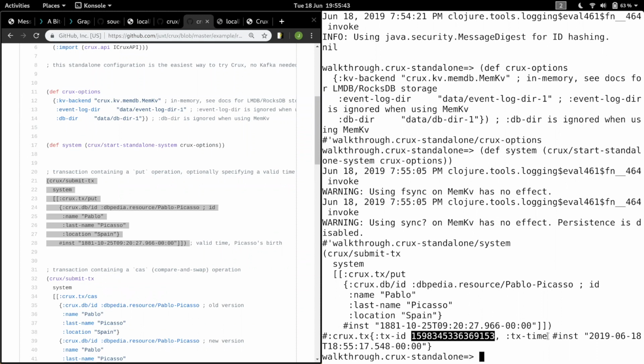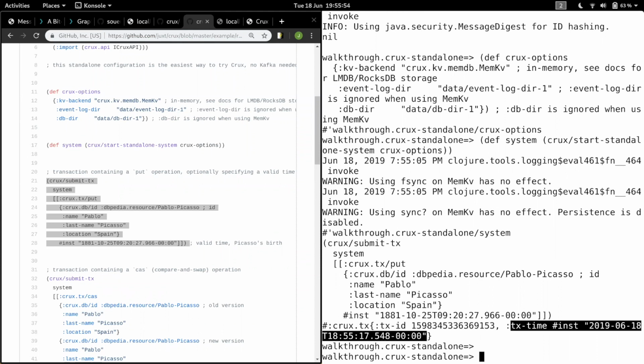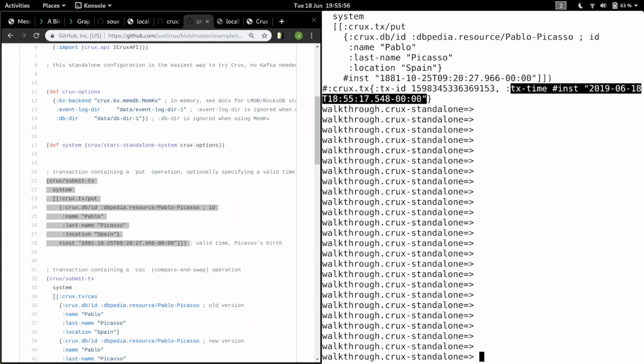And then for the TX time, that's the timestamp as recorded by the thing recording the transaction. So actually, in the Kafka use case, that would be coming from, I appreciate not everyone can see this actually, just move up here. That would be coming from Kafka, like Kafka timestamps that transaction and then returns it back. And you may have noticed the data we're transacting is a put operation. So it's information about Pablo Picasso.